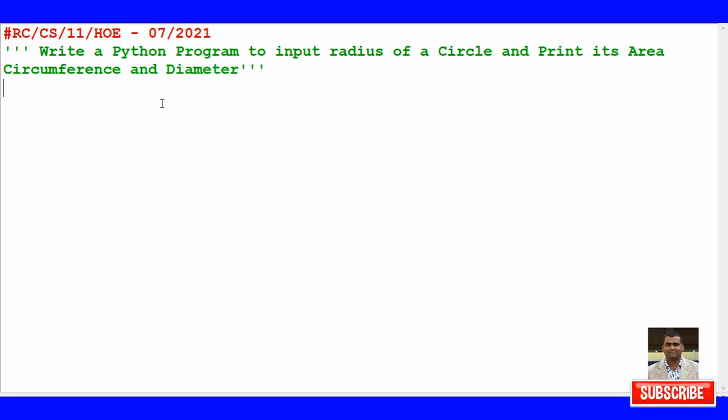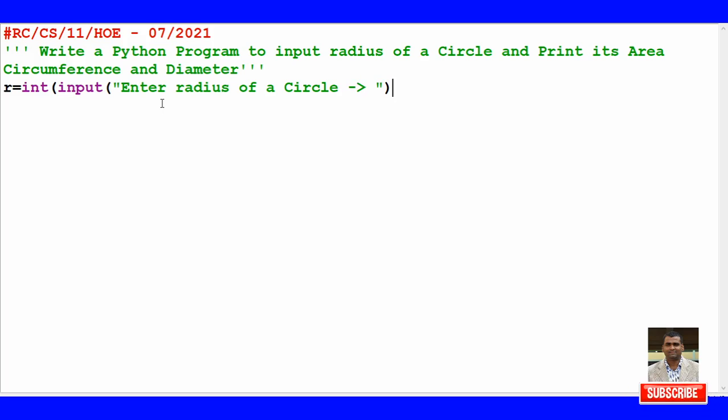So what I am going to do is take input from the user for the radius. Understand? So I'm going to write r for radius. r is equal to, I'm going to write with integer typecasting, then input, and I'm asking the user to enter the radius of a circle. You have a choice to enter in float, then enter in float, no problem. So here you see r equal to integer typecasting input enter radius of a circle. So radius will be given in terms of integer.